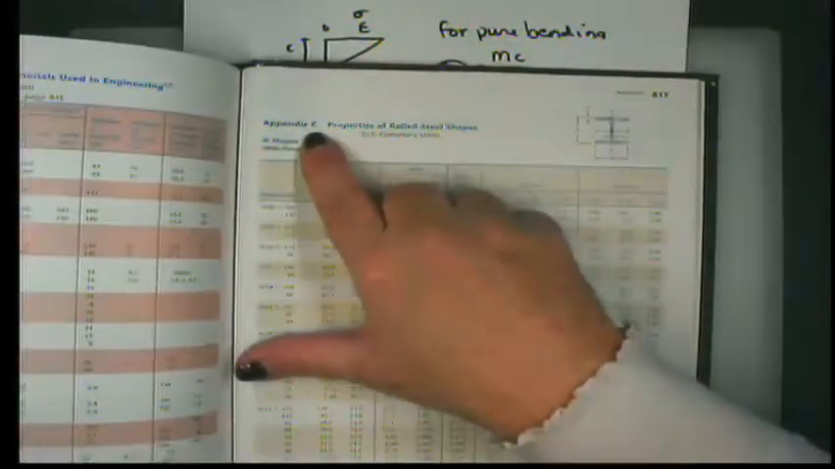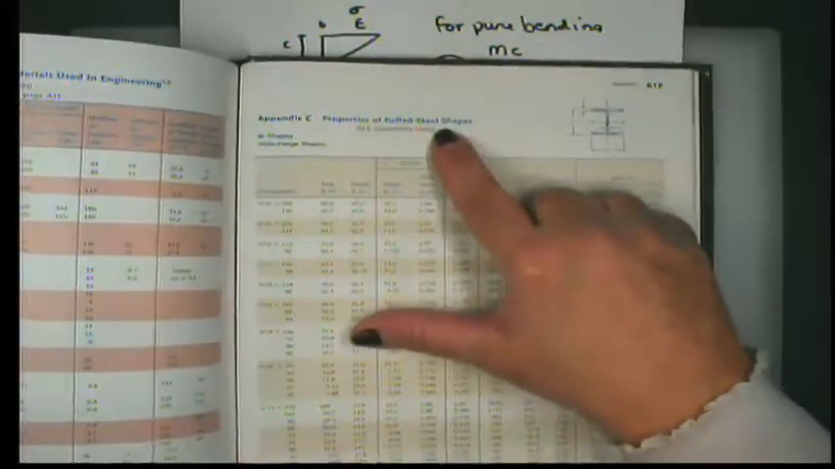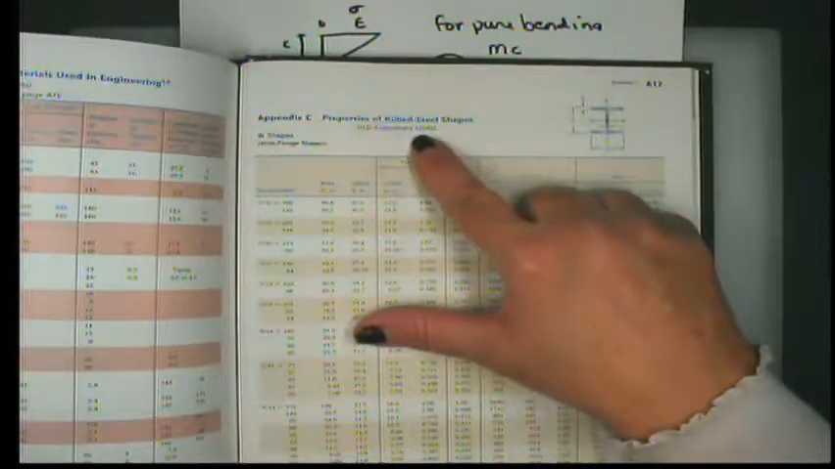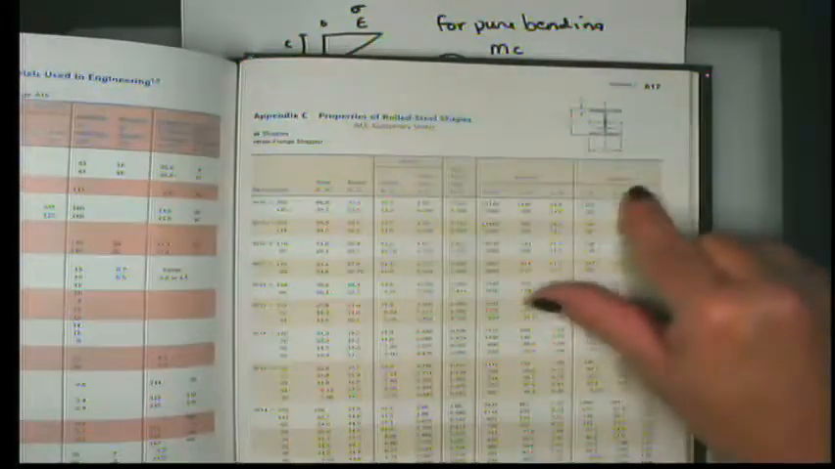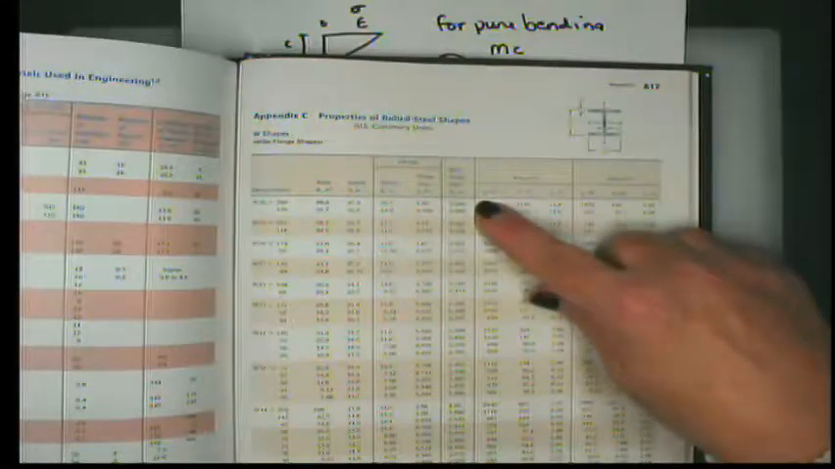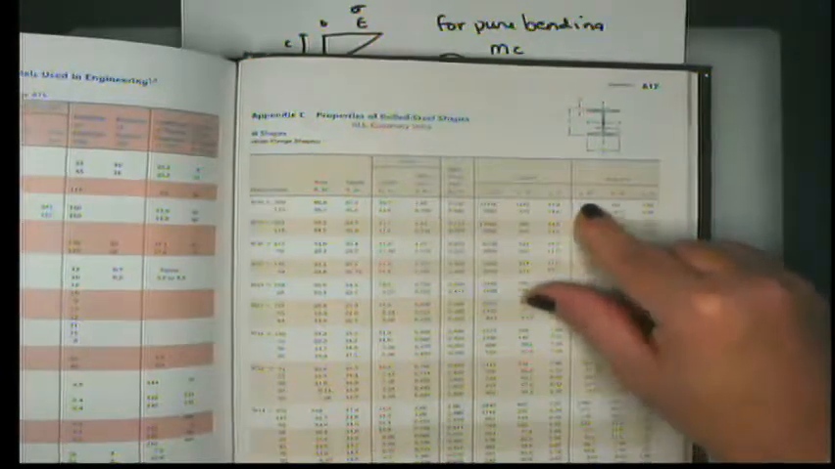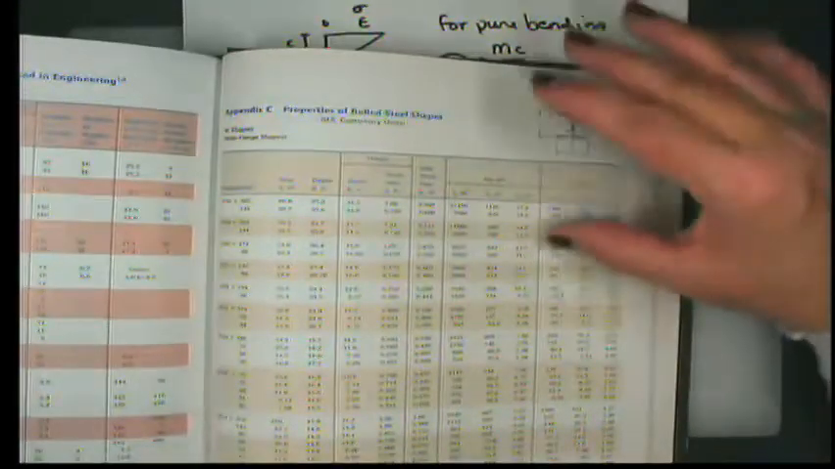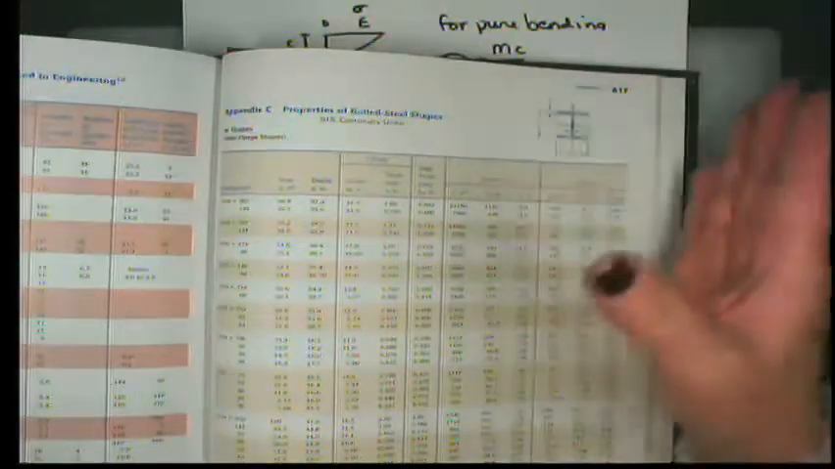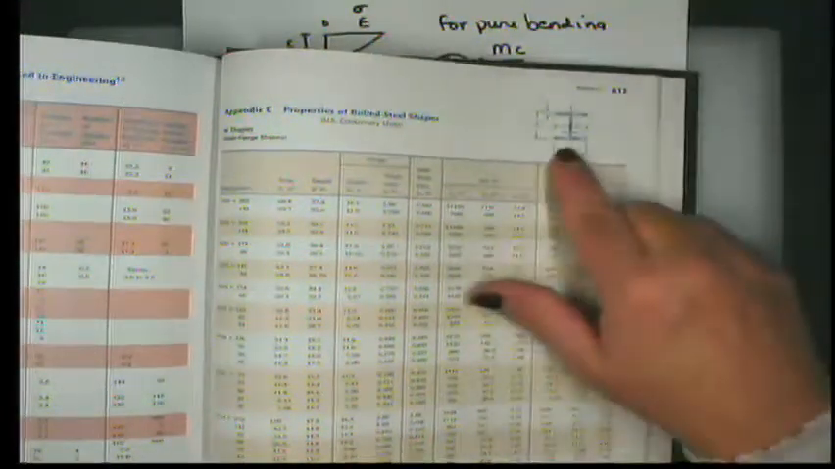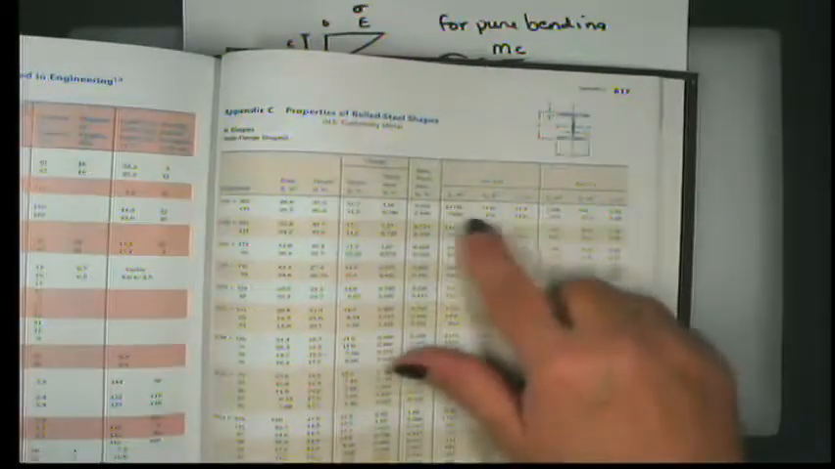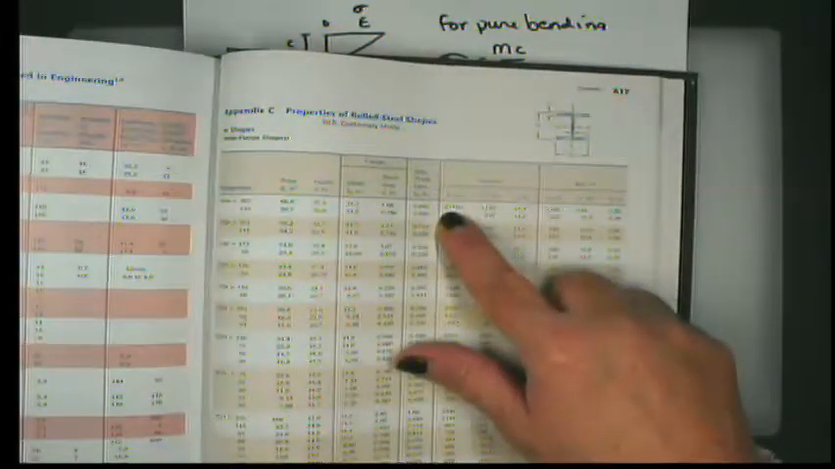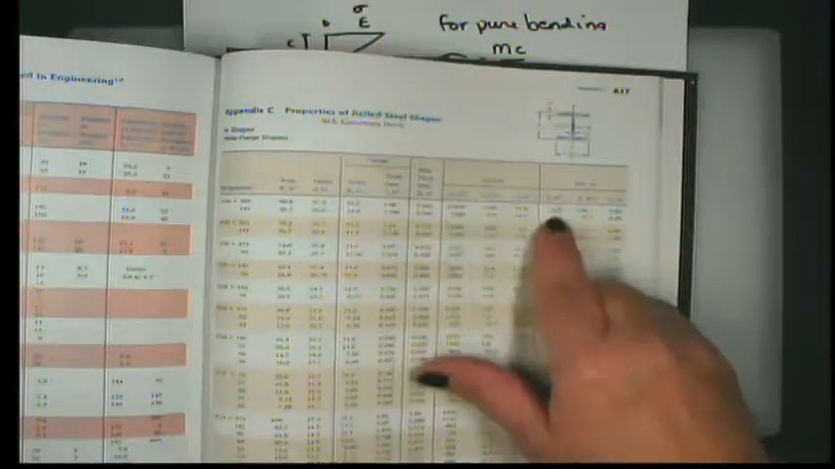If you look here, for example, in Appendix C, you'll see the properties of rolled steel shapes in U.S. customary units. They show you an I-beam, and they give you the moment of inertia in the X direction and the moment of inertia in the Y direction. That depends on whether you're trying to bend it this way, about the X-axis, or folding it into itself, about the Y-axis. So you can see that the moment of inertia about the X-axis is very, very large